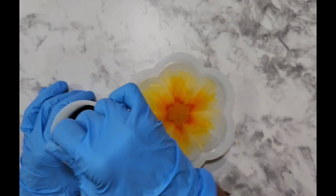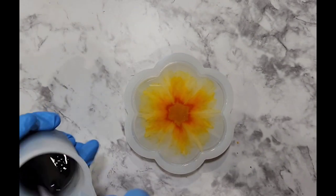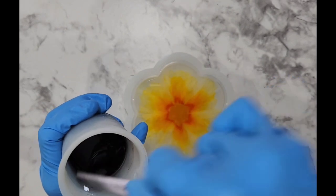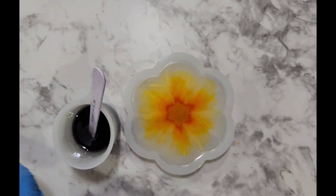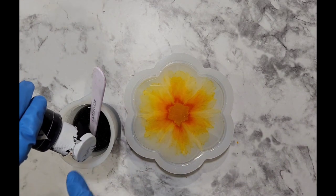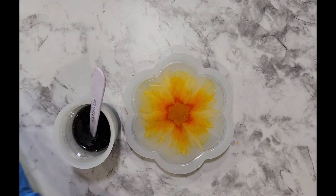Yeah, I want it to be very, very dark. I'm so tempted to put a dark shadow resin ink. It's still too light for me, so I'm going to keep going. 1, 2, 3, 4. And then I'm going to get just